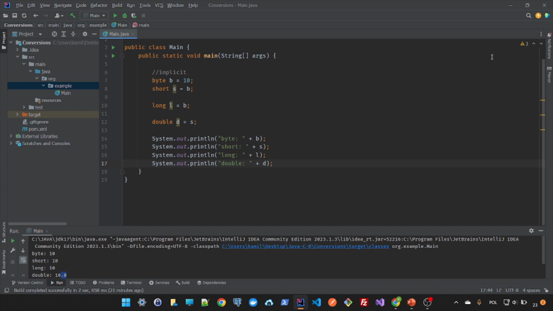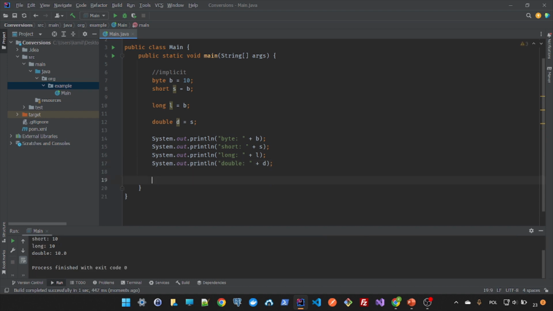But in explicit, we don't have that kind of assurance. So we have to put the cast operator to emphasize that we are the programmers and we know what we are doing. And we are aware of data loss if we cross a type range, of course. So let's see this in examples. Okay,